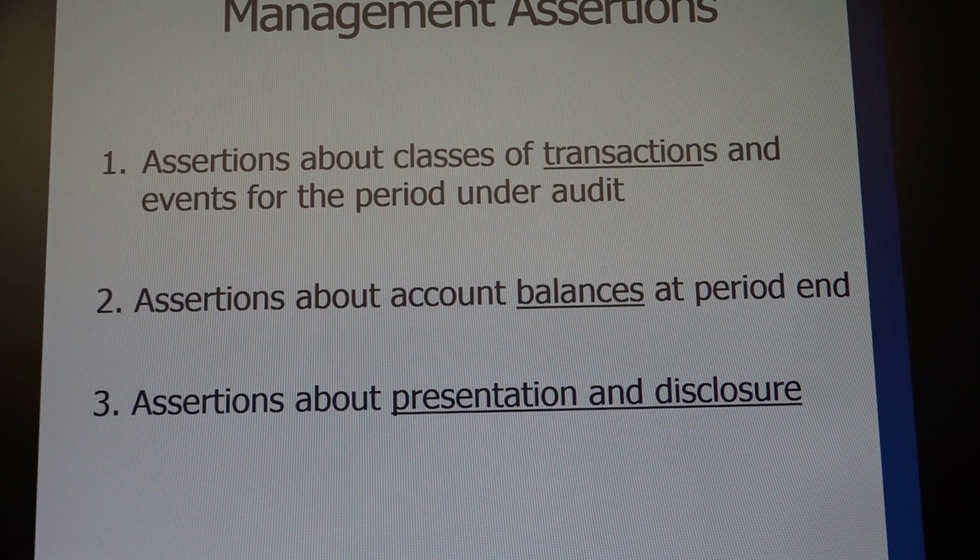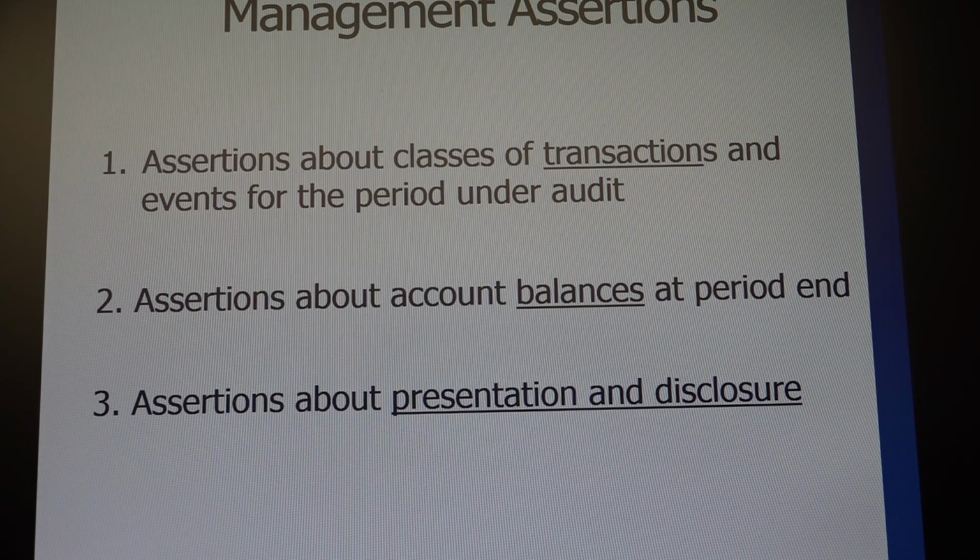Now, as far as assertions about account balances, the first deals with existence of account balances, and so there the management is just asserting that assets, liabilities, and shareholders' equity accounts do exist. The ones that should exist do exist. The completeness assertion concerning account balances simply says that all assets, liabilities, and equity interests that should be reported for the period are recorded. And then valuation and allocation simply says that assets, liabilities, and equity interests that are included in the financial statements are reported at the appropriate amounts, and valuations or adjustments are properly included,